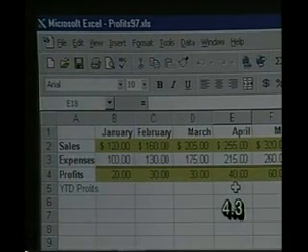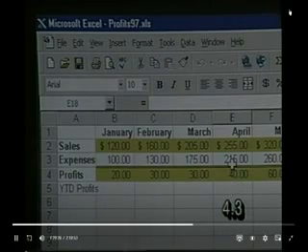So we opened a file. Now sometimes you want to create a brand new workbook. The leftmost button